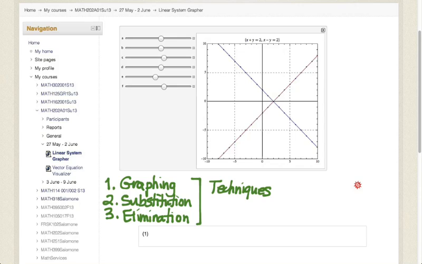And that process of building begins with tomorrow's class, where we're going to start looking at linear systems of equations as having a vector identity to them. But for today, when we're not dealing with vectors and we're just dealing with the equations themselves, these are our three techniques. So just to introduce you to how this little applet works,